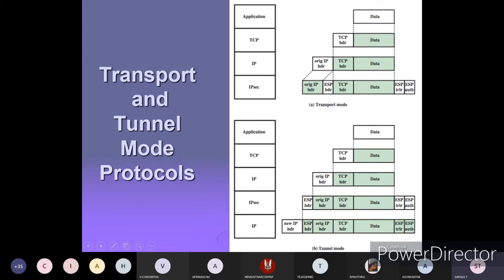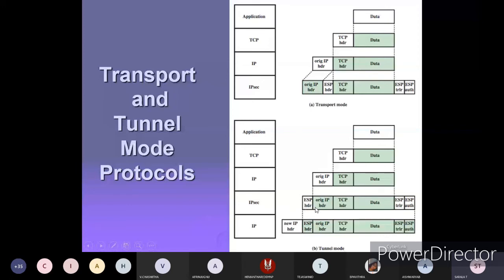If you are going for tunnel mode, the application data will be there, in the TCP layer the TCP header will be added, and in the IP layer the original IP header will be added. In the IP security layer, as before, the ESP header, ESP trailer and authentication will all be added. The only difference is that in transport mode the ESP header is added between the original IP header and the TCP header, but in tunnel mode the ESP header is added above the original